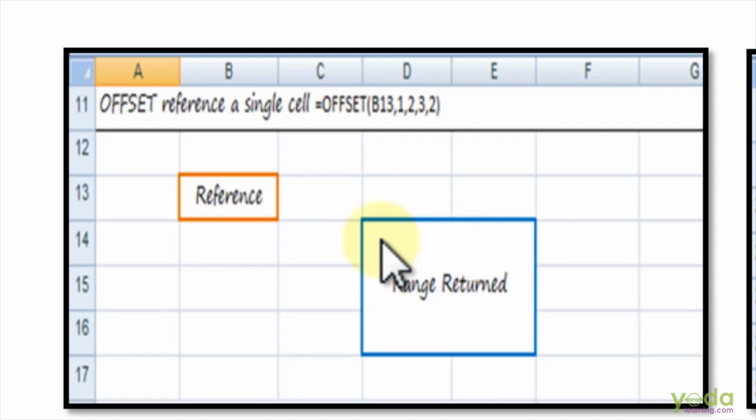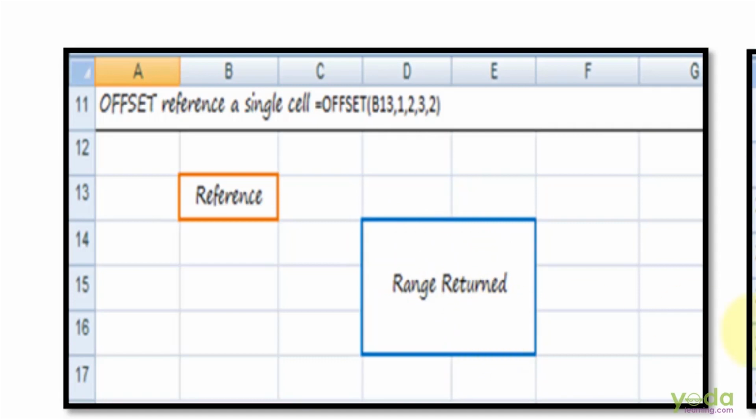So it will give me the cell range, that is D14. And then from D14 I am telling Excel to measure the height of 3 and width will be 2. So height will be 3. It will count 3 rows below, that is from D14 it will count 3 rows below, that is D16 will be my output. And when I tell Excel to count 2 as a width, then it will take D and E as the column. So, hence it will return the range as D14 to E16.